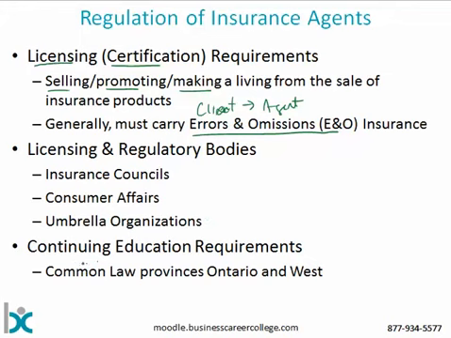And then we have continuing ed requirements. So if you are licensed and you live in or carry a license in any of the provinces from Ontario West, then you also have continuing ed requirements, and typically those are dealt with by these same organizations, and that varies. It's sometimes an annual requirement or sometimes a semi-annual requirement. That's going to be particular to your province. So I hope that helps to understand how an insurance agent is regulated, and even to some extent what an insurance agent is.